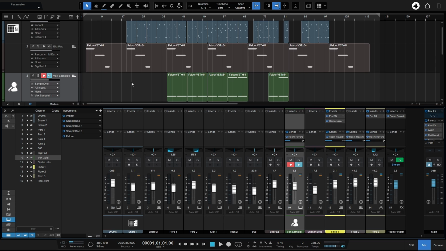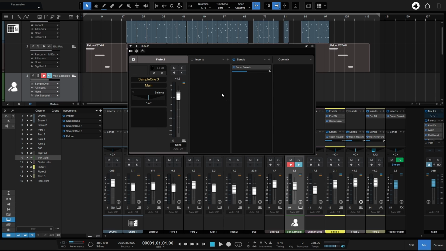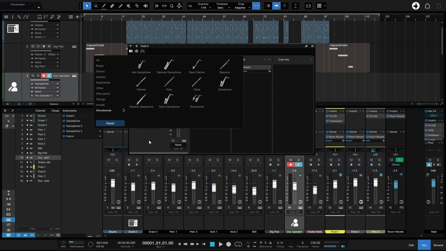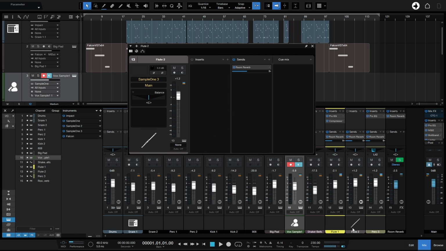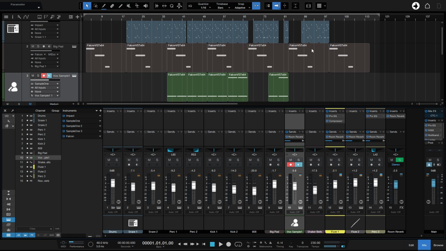Now we also have one third and final area where we can add these icons, and so let's come to the flute here, and I'll click on the channel editor button. So this is going to open up our channel editor, and we're on the channel overview. So down below we have this empty gray area. I'll click once. Woodwinds actually has the flute. I don't think that's quite accurate, but I'll select flute,